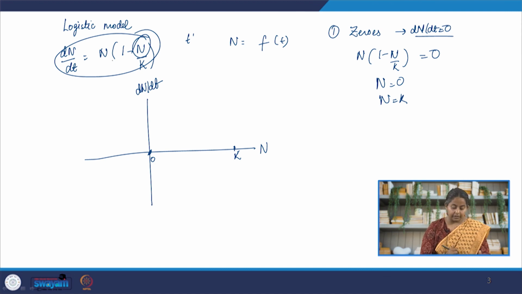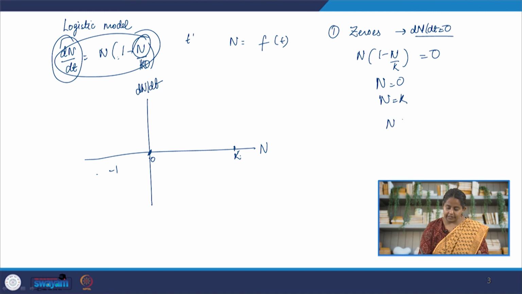So, I can do one thing, I can take a value that is less than the first 0, so I can take a negative value like -1, -2, or a value between 0 and k, or a value greater than k, and find the sign of this. So, all you need to do is, let us say k is 10. You just need to put a value between 0 and 10 and find out what is the sign of dn by dt. Now, I am not going to do it here, but if you do this, you will notice